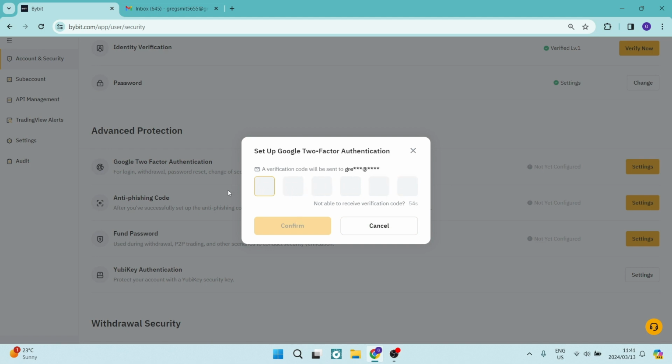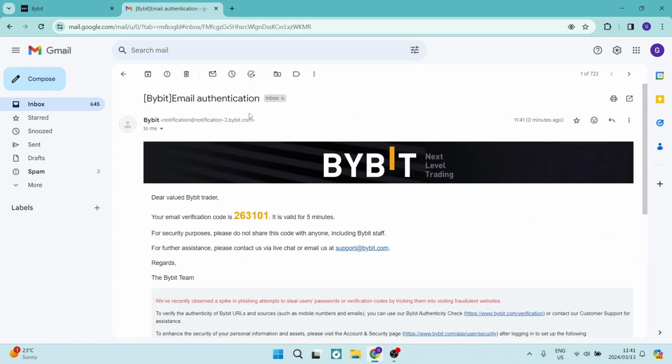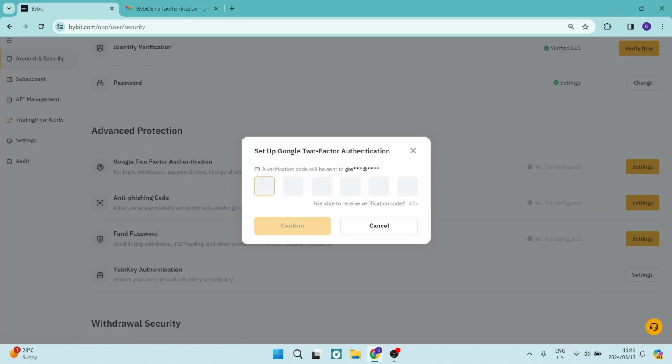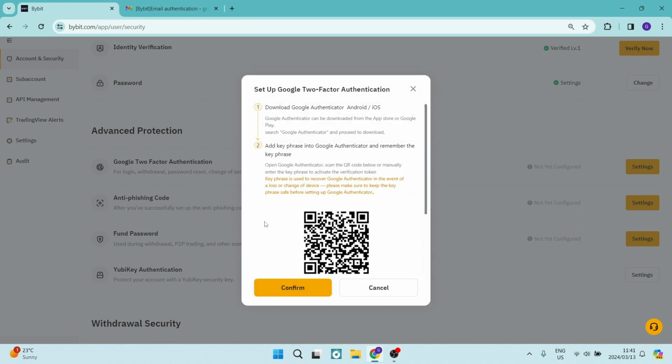All right, so we're going to go into our email account now, and we can open it like that, and here is our code. So we're going to double click on that. We're going to say Control C to copy, and here we can paste that code. We're going to tap on confirm here,